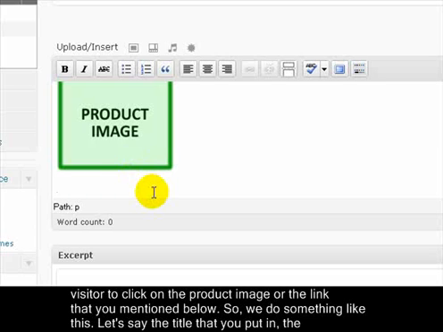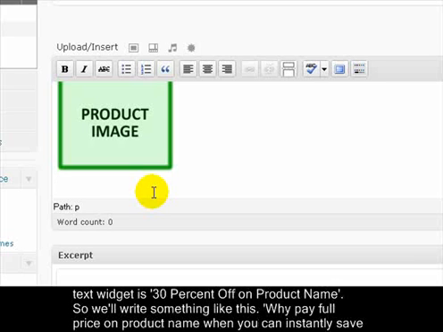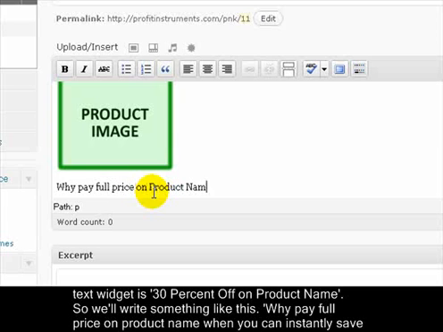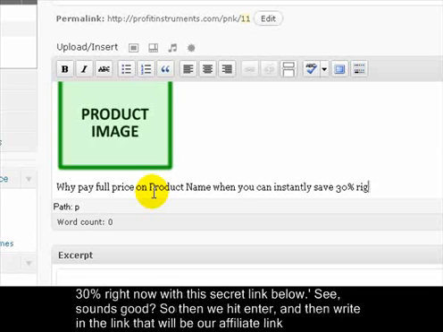So we'll do something like this. Let's say the title that you put in the text widget is 30% off on product name. Okay, so you'll write something like this: why pay full price on product name when you can instantly save 30% right now with this secret link below. Okay,